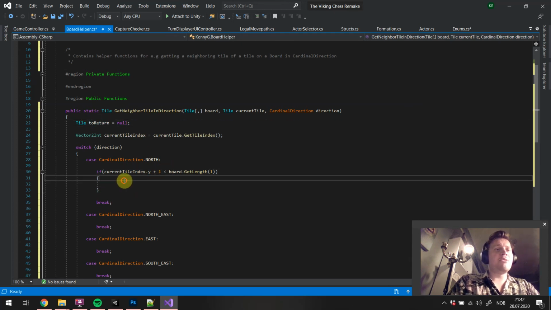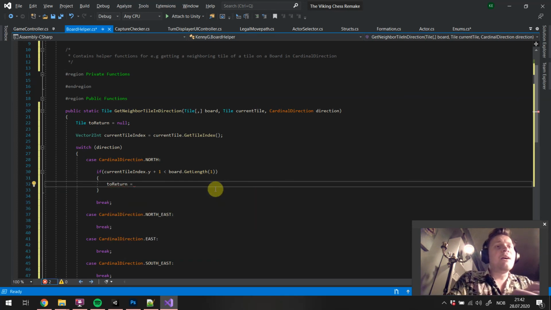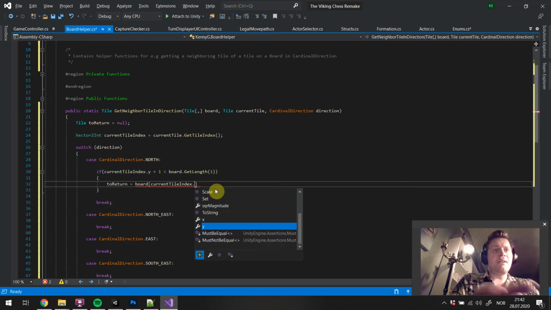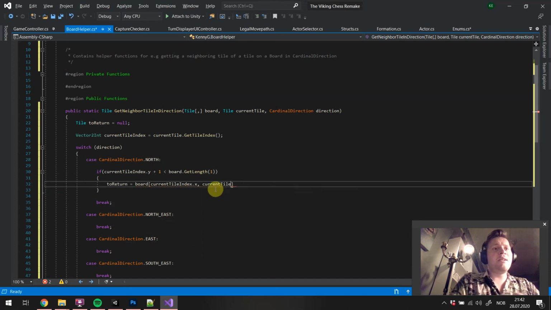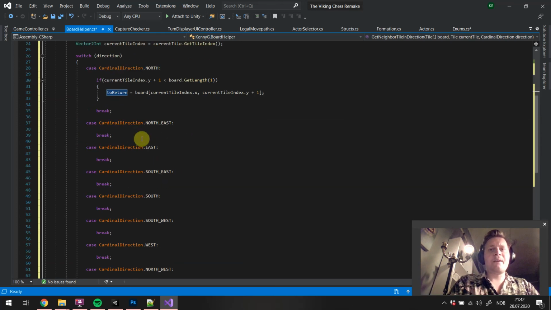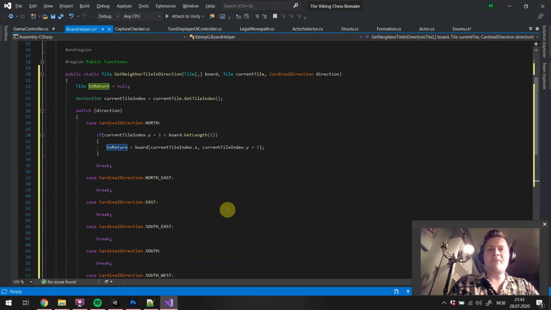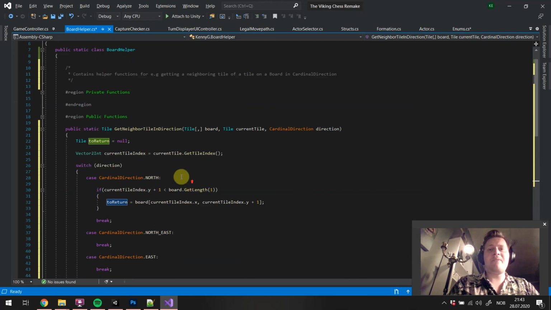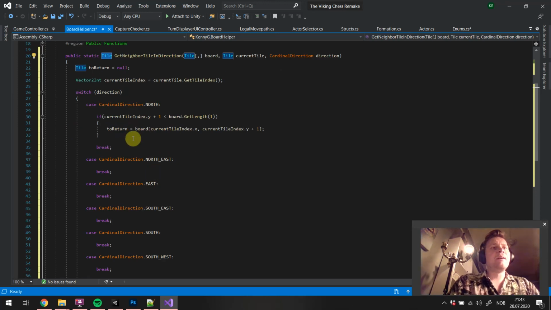So that will mean to return equals board at position current tile index dot x comma current tile index dot y plus 1. And if we're not within bounds, we're outside of bounds, then this guy is already null, which is what we want to return. We want to return null if we have a result that is not legal. We need to check for null if the tile that is returned here is null from the calling code. Okay,